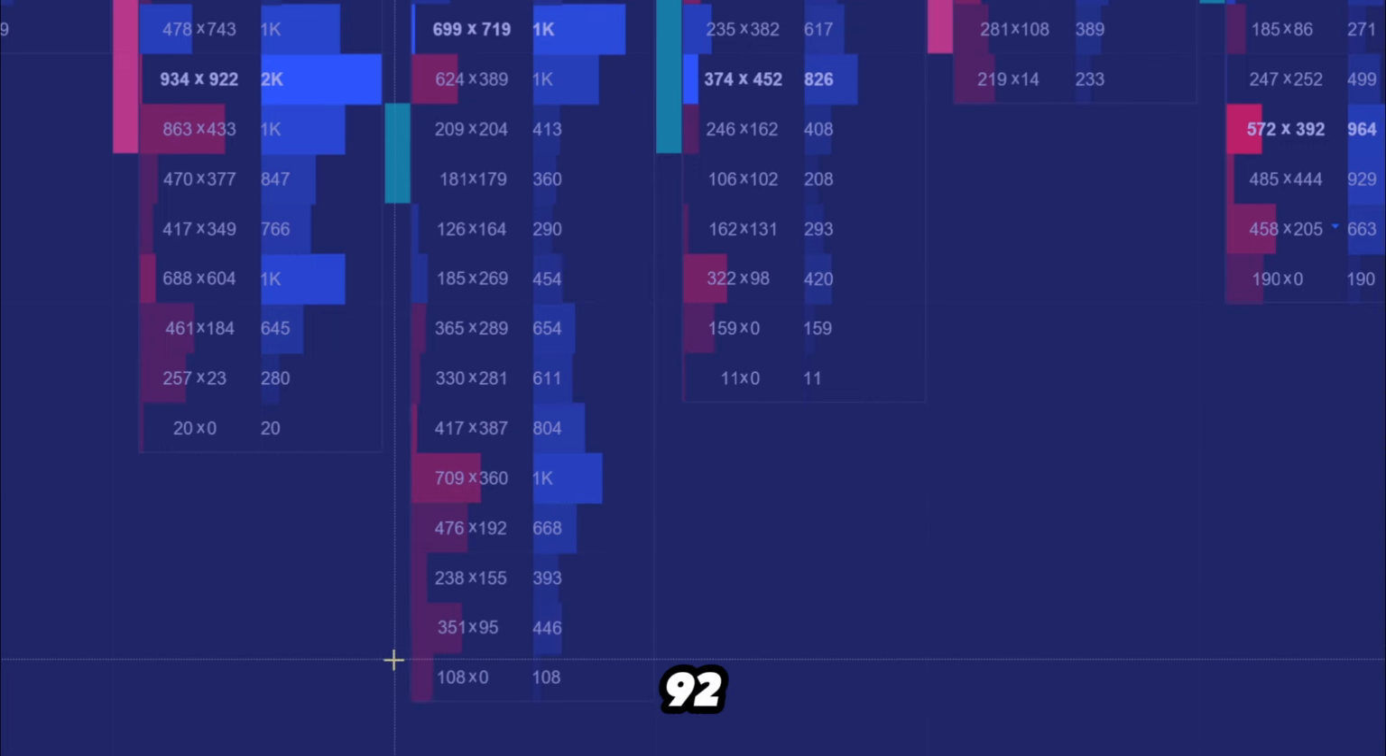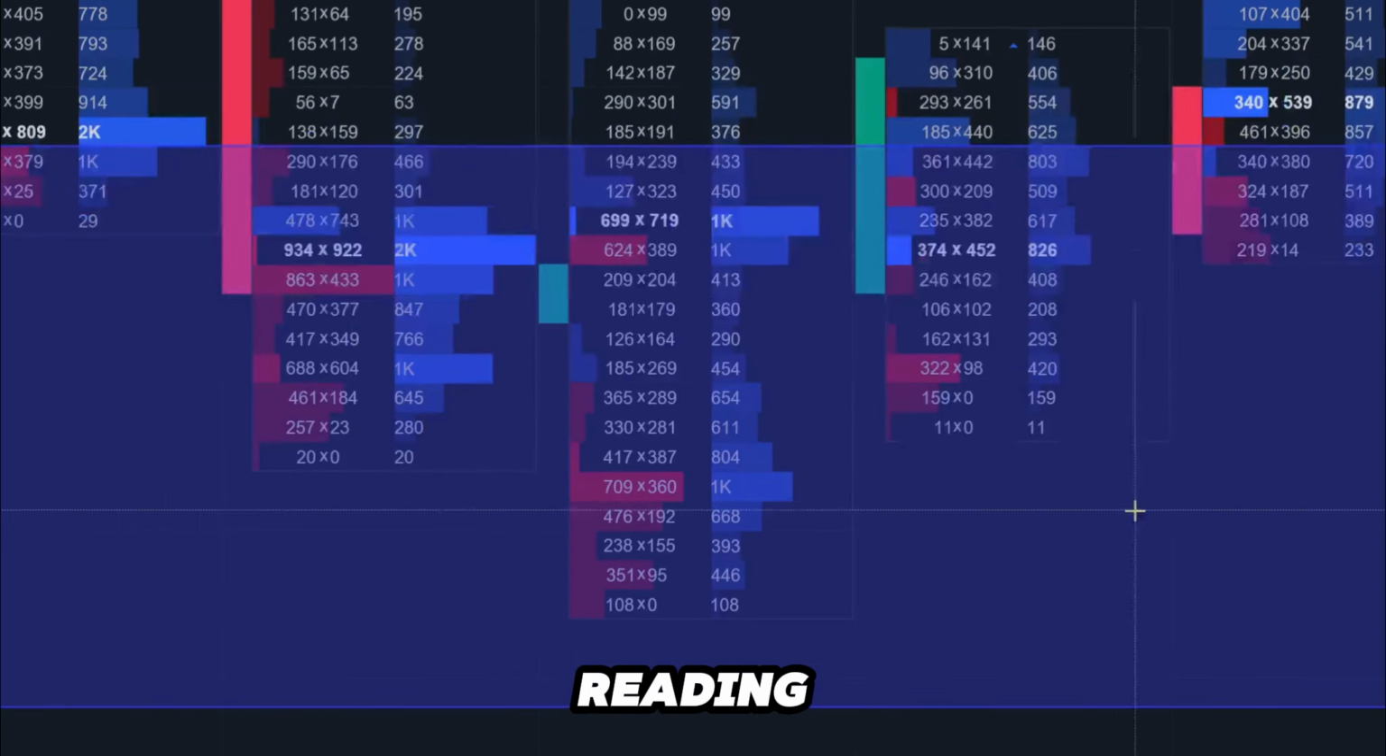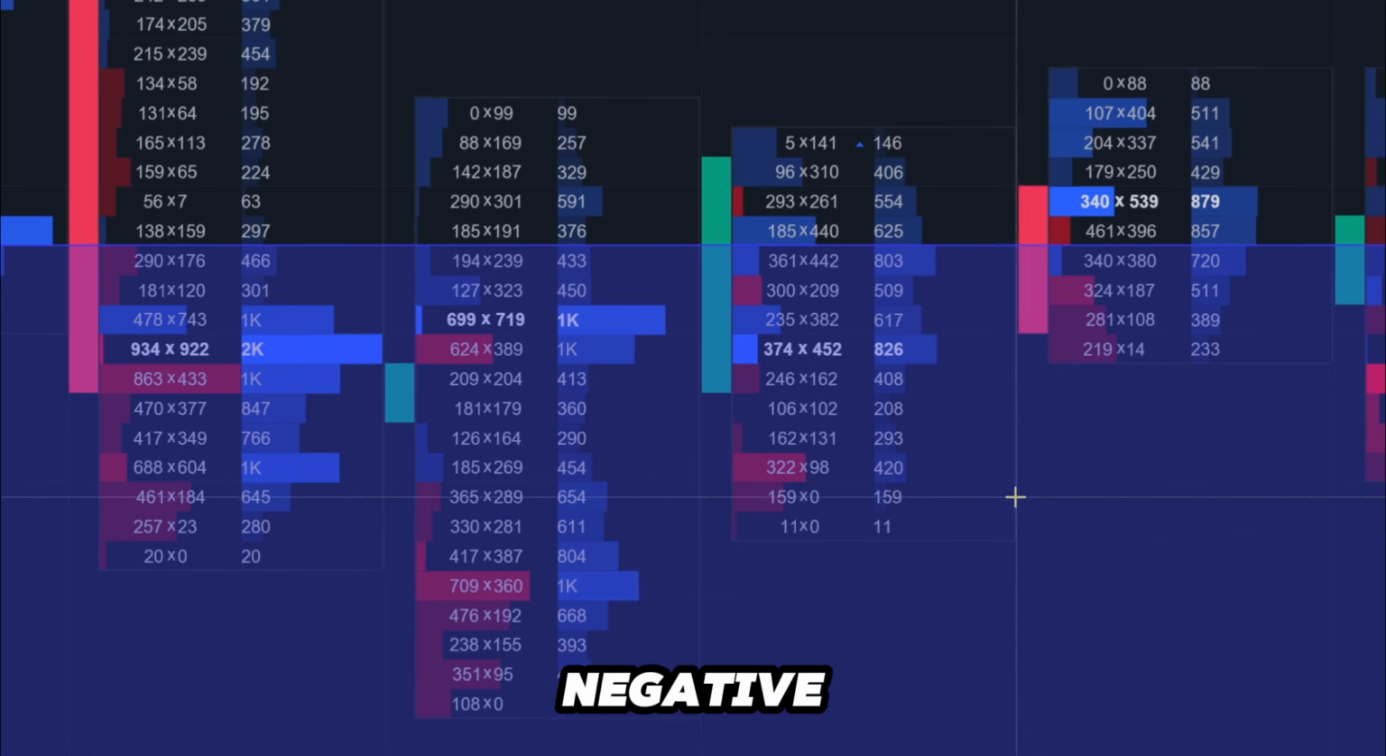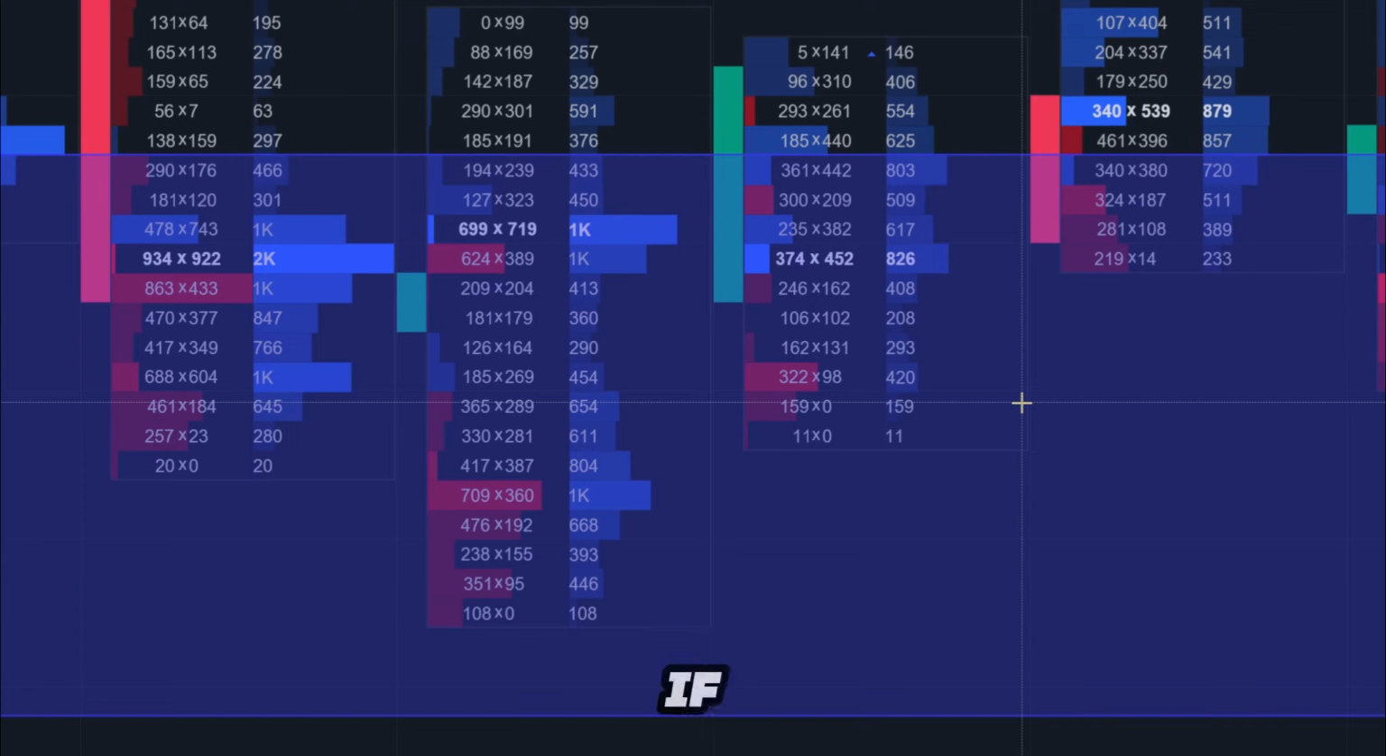467 for 92, and all the way at the bottom we have 108 for 0. So just by reading these two candles over here, in fact we can do this for a third candle, we have 322 for 98, 159 for 0, and 11 for 0. So we see a ton of negative delta, right? What does negative delta mean? Well, if you flick back to the start of the video, negative delta simply means there's more aggressive sellers than